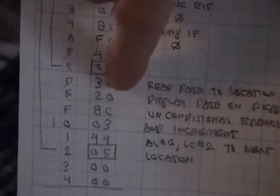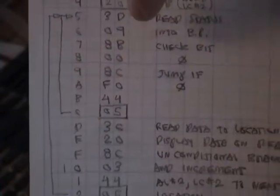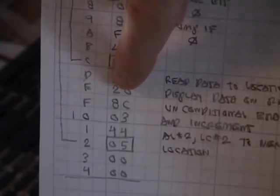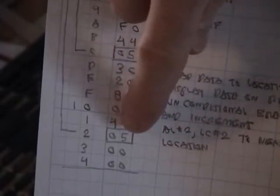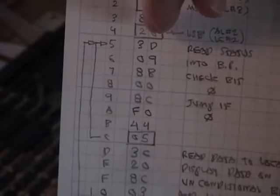reads the data from the data port on the serial port, and since that's a single byte instruction, it automatically sticks it into the location being pointed to by the loop counter, the index register. And then we do a 20, which reads it out on the display so we can see what it actually did put in there. Then a 2-byte instruction sets the branch condition to unconditional branch and increments the index register, loop counter 2, so it's pointing at the next location in memory, and then it does an unconditional branch back to 5, where it's checking the status again to see if it's got another byte